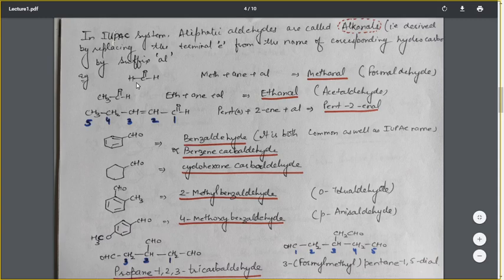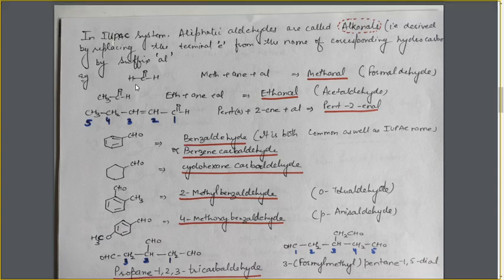Let's see one example. Here it is 1 carbon aldehyde with 1 carbon atom. Now 1 carbon containing hydrocarbon will be methane. If we replace terminal E with al, then the name becomes methanal. Now we can also name this compound as per the